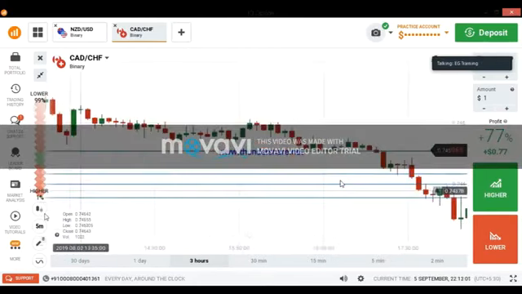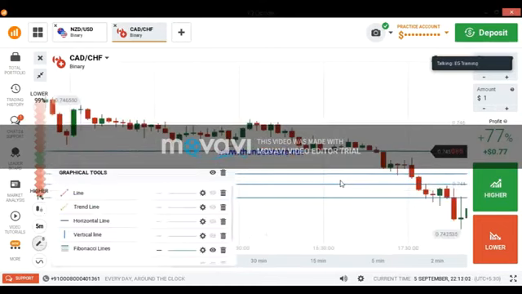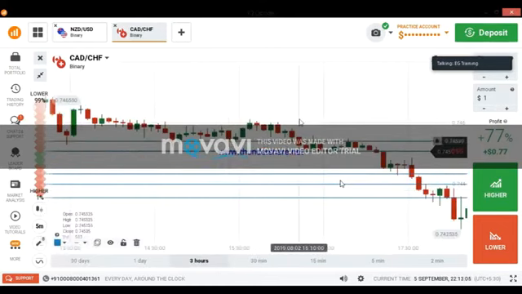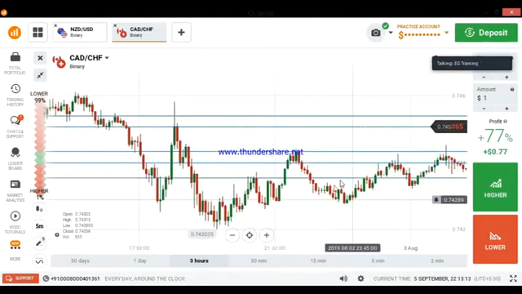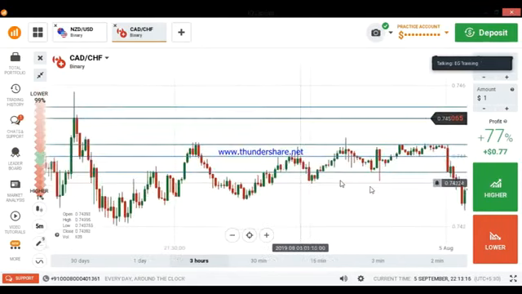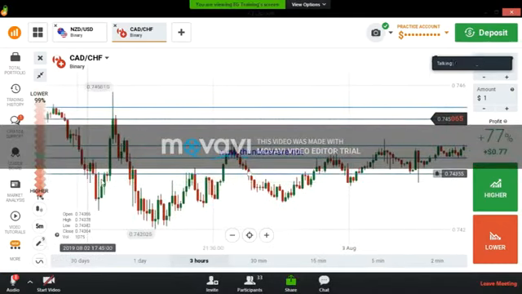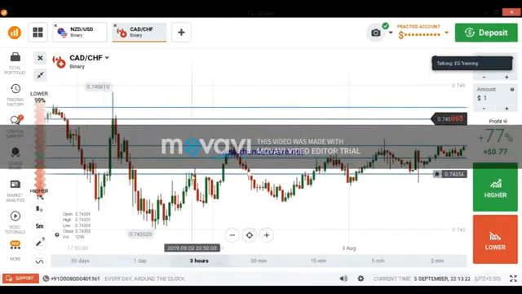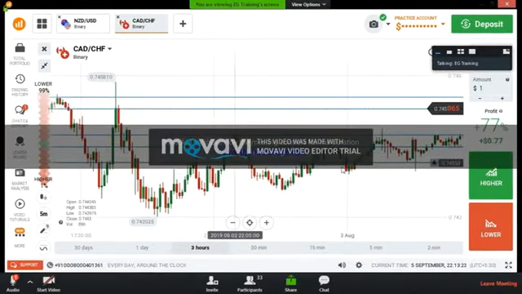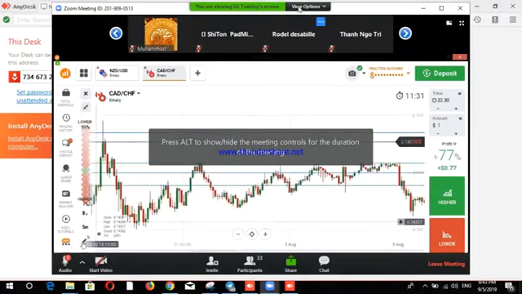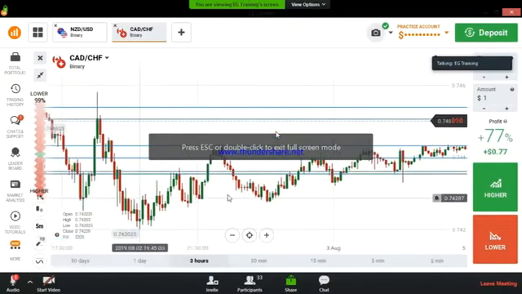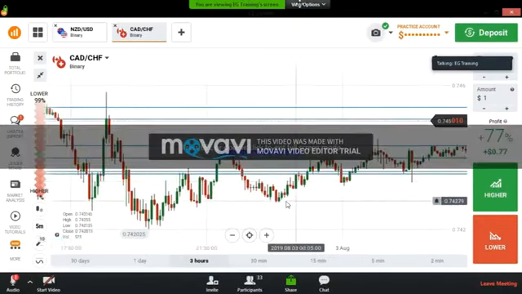And here, yeah, there is a reversal point here, and here also, and here also. So we should check these levels first. This level: yeah, there is a reversal, again a reversal, again a reversal, no reversal, reversal, reversal, reversal. Here also there are some reversals. So I will draw one more line here. Yeah, this level. The market is respecting this level.